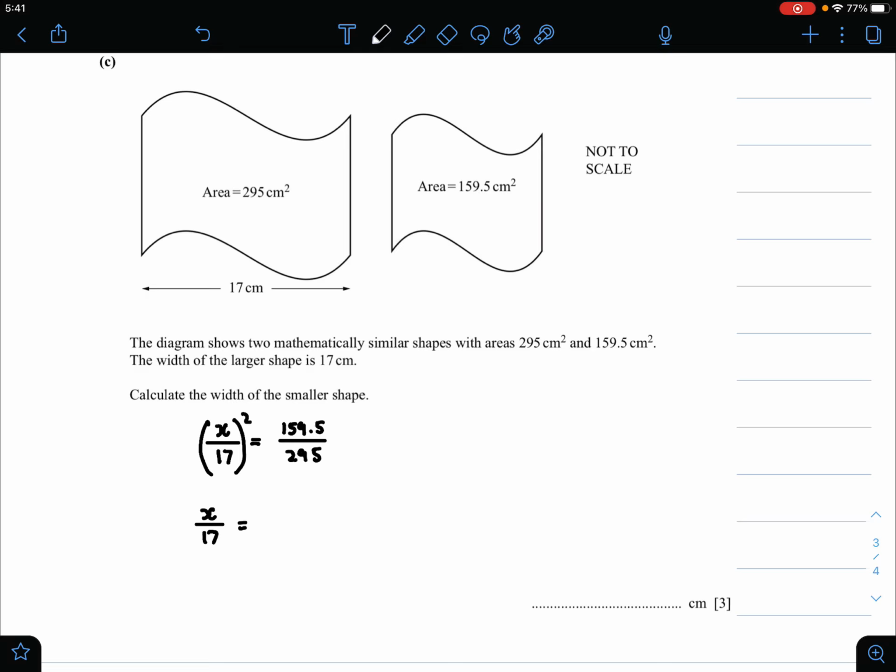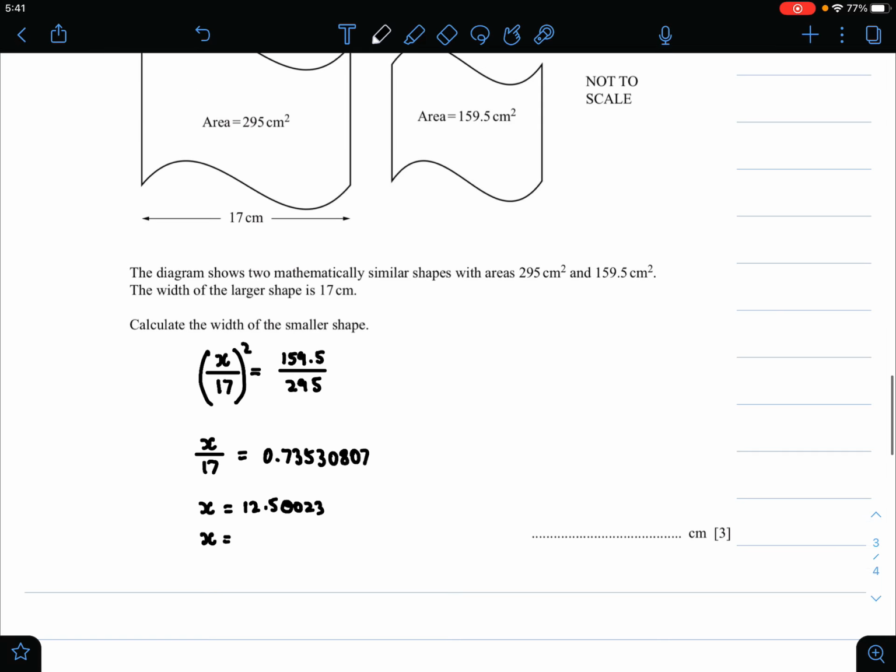So in this case, since we are taking square to the other side, it will become square root of this fraction. So the root of this fraction, that is 159.5 divided by 295, would be equal to 0.73530807. Therefore x will be equal to 17 multiplied by this decimal number, which is equal to 12.50023. And since we need to give our final answer in 3 significant figures, your final answer would be 12.5